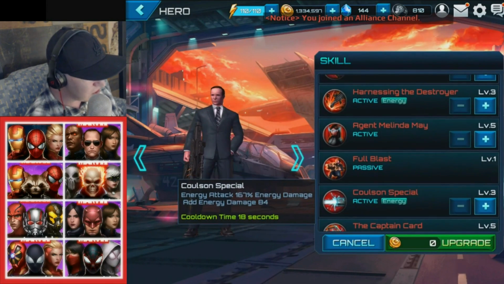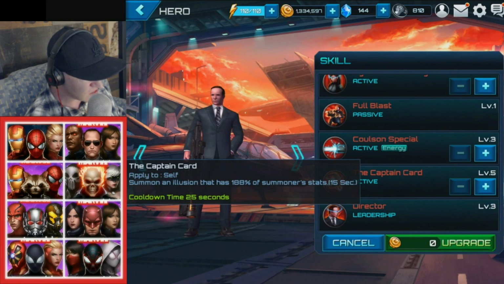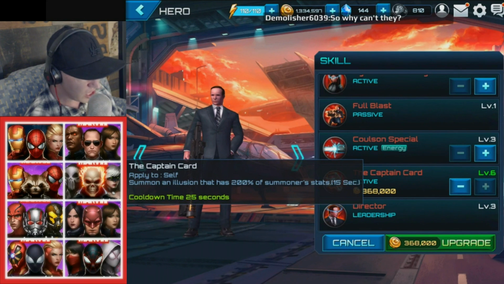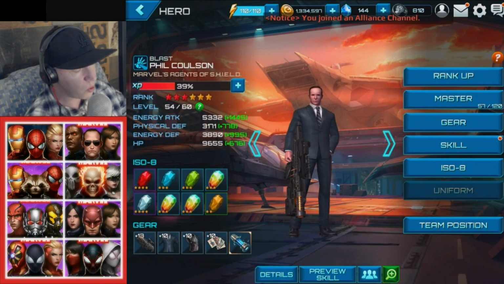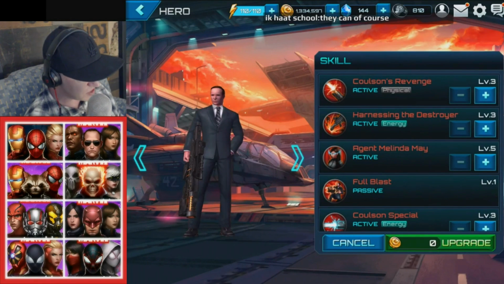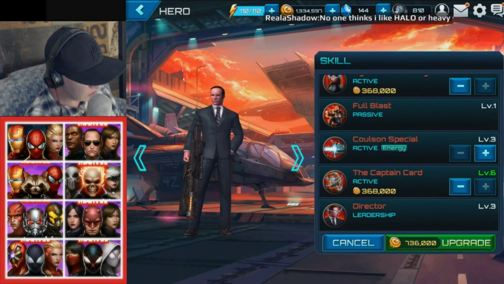Now, I took Melinda May and the Captain card up to 5. The reason for that is it says summon illusion that has 188% of the summoner's stats for 15 seconds. That seems really good. It seems like the more powerful the illusions are, the more it matters how much damage they do. I'm almost tempted to take those up to 6. You know what I mean? Let's see, but look how much money that is. Oh my god, that'd be